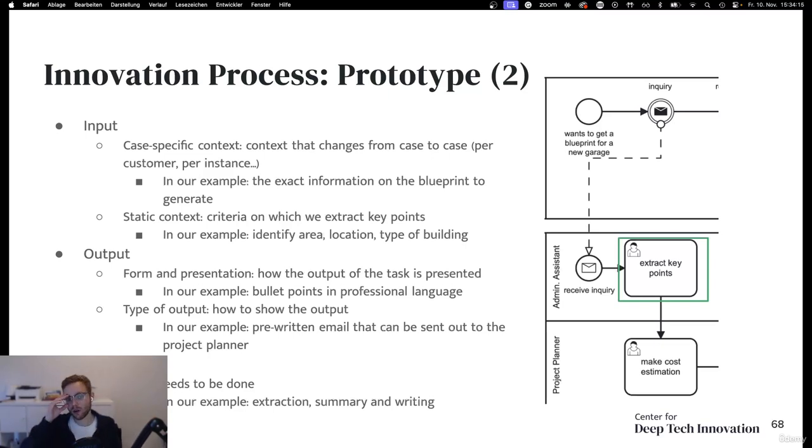However, you always have also static context, so criteria that in each instance of the business process are the same. In our example, you would like to know where this garage, or that object that needs to be built, needs to be located. Doesn't really matter if it's a garage or if it's a house. You need to know where it is. You need to know the type of building, and you need to know the general area, the grounds, so that you know with what materials you work. These are input context information that you have to carefully think about. Okay, where's the case-specific context coming from, and what static context do I have? And build prompts and